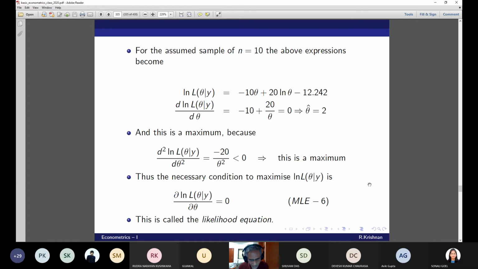There is very little you can do by hand, even with the help of a computer. You need some packages to do the MLE for you. With the normal equations, you could have written a program yourself to obtain the estimated vector. But in maximum likelihood estimation, that is not possible except in the classical linear regression model setting, where y is equal to X beta plus e, and errors are normally distributed with mean 0 and sigma square I. Then I can write the likelihood equations, which will be completely linear.